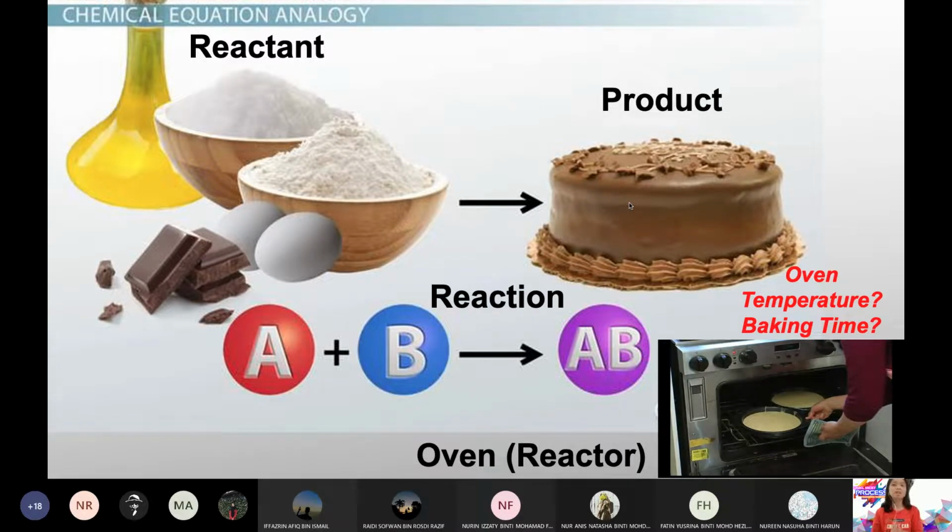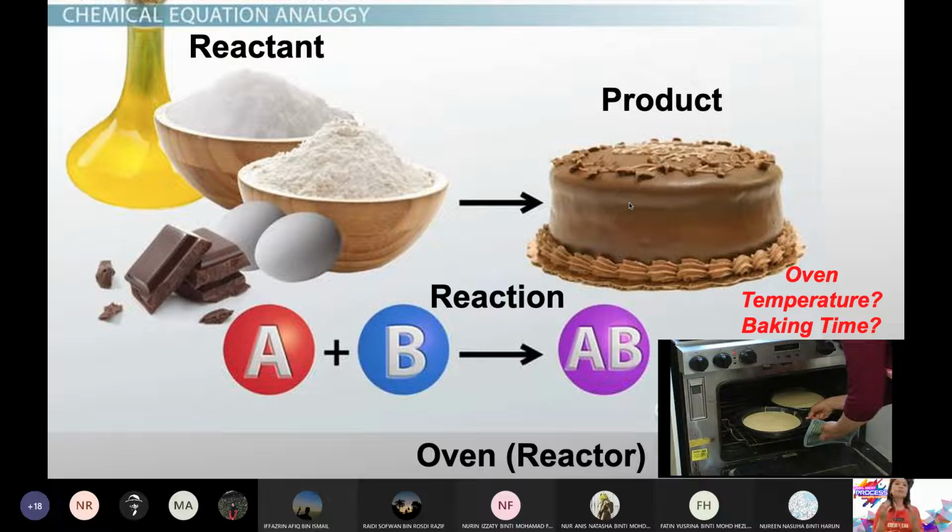Okay, reaction, kalau kamu letak compound A, compound B dalam reactor, after the reaction has taken place, you still get A and B, there's no new compound formed, it means no reaction has taken place. To the simpler word, reaction mesti ada benda baru yang terbentuk yang kamu tak masukkan tapi dia terjadi dalam tindak balas. That means reaction has taken place. Okay, so what you get after the reaction, we call it as product. Okay, yang masuk reactant atau we call it raw material. The one after the reaction, we call it a product.